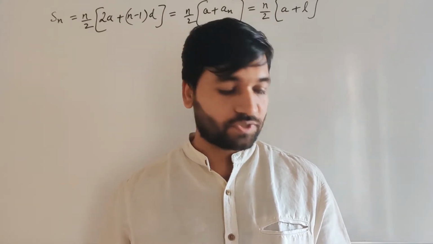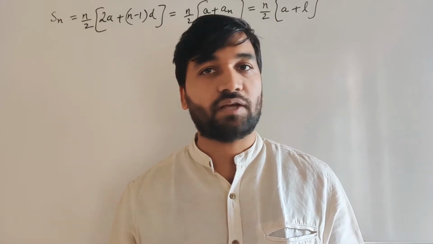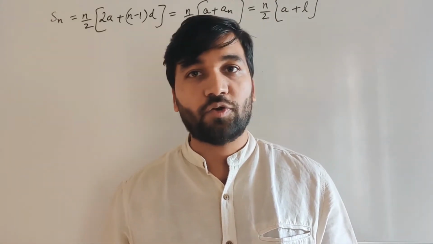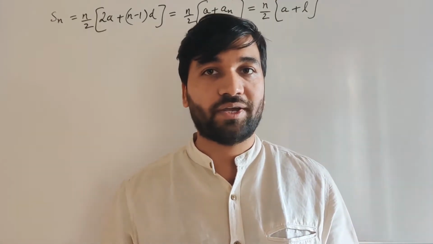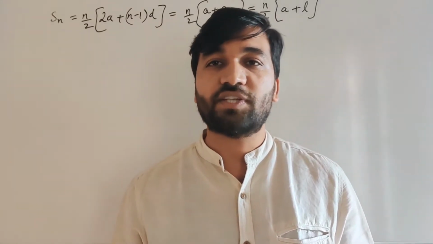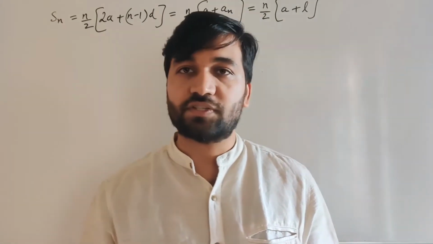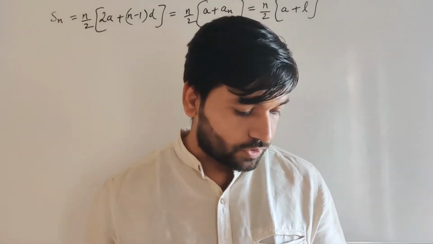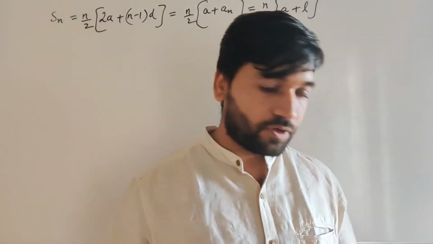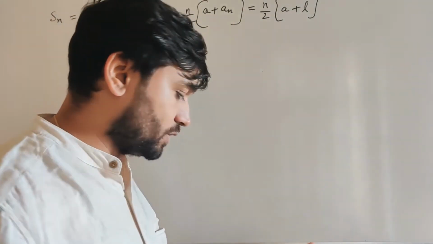Today in this video we are going to start with exercise 5.3 of Arithmetic Progressions, class 10th NCERT. I hope you have watched my earlier videos. In the last video we had discussed the basic concepts and solved the examples related to this exercise. So let us now start with exercise 5.3, question number 1. Find the sum of the following APs.